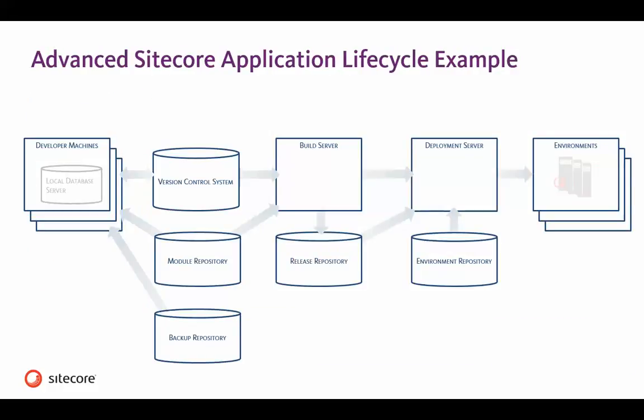So if we look at the more advanced Sitecore application lifecycle example, we'll have a number of developers. They will run off their local database servers, so each developer will have their own databases. We'll have a version control system in place, of course. We might have a module repository and a backup repository. And then we'd have a build server, so a CI server and a release repository. The build server will then create builds into the release repository that are picked up by a deployment server, and the deployment server will be able to pick up complete environments from an environment repository